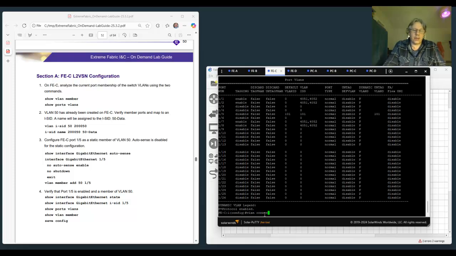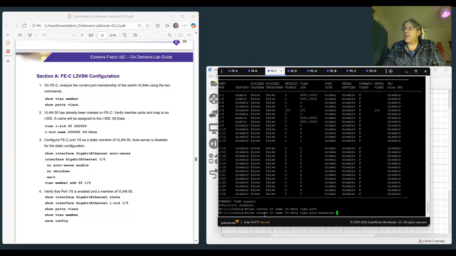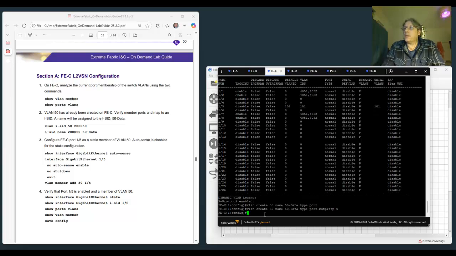VLAN create 50 name. I presume it wants a name of 50 data, and we're going to give type port MSTP RSTP instance 0,